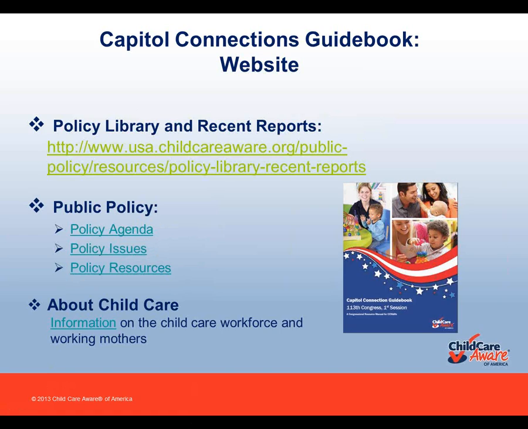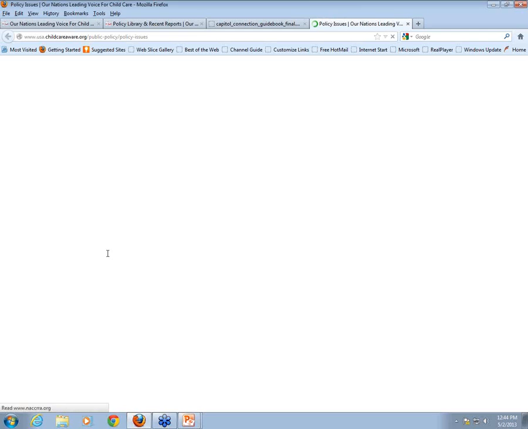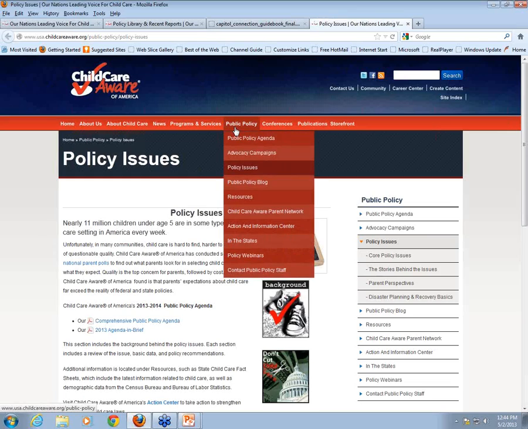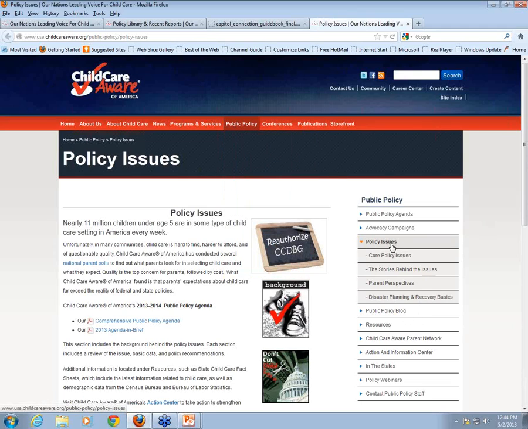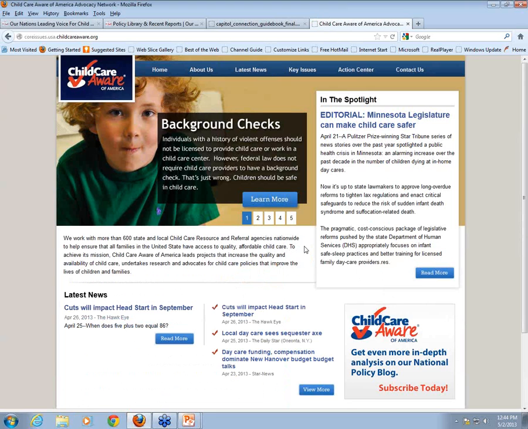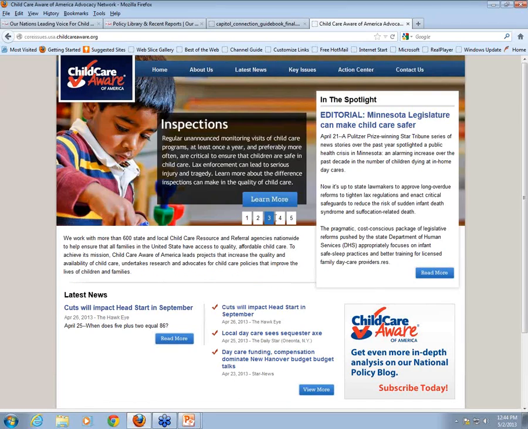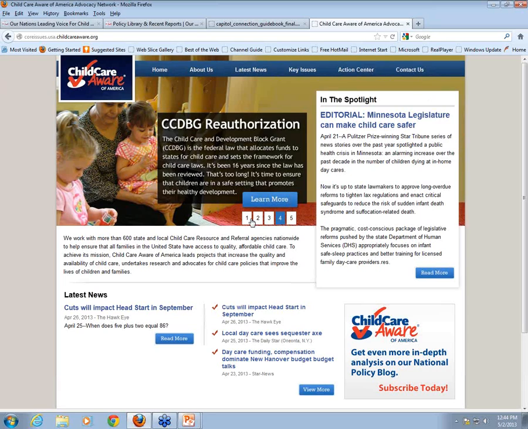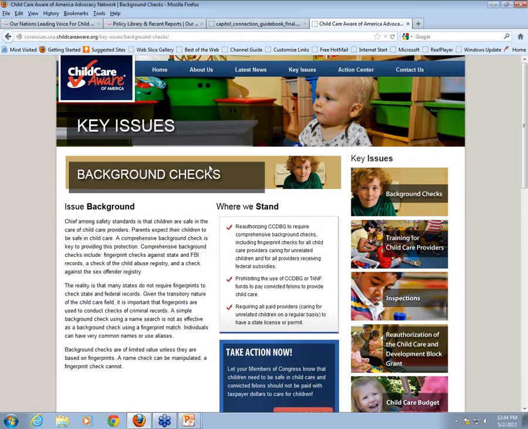Also, for those specific issue one-pagers, again under our Public Policy tab, you go to Policy Issues, click on Core Policy Issues, and it takes you to our Core Policy Issues section, where you can click on one of the issues here. We'll click on background check, and it pulls up a page